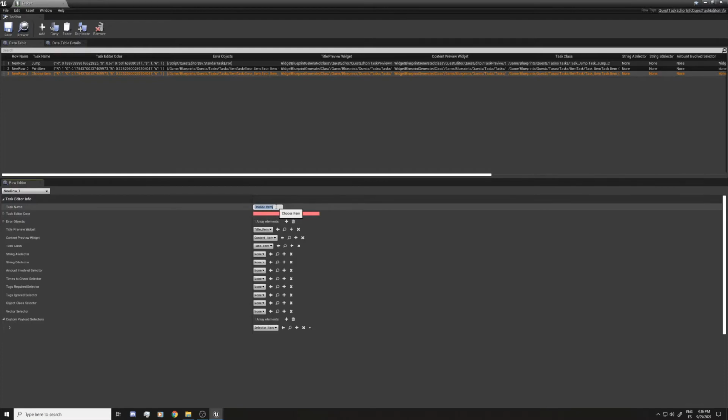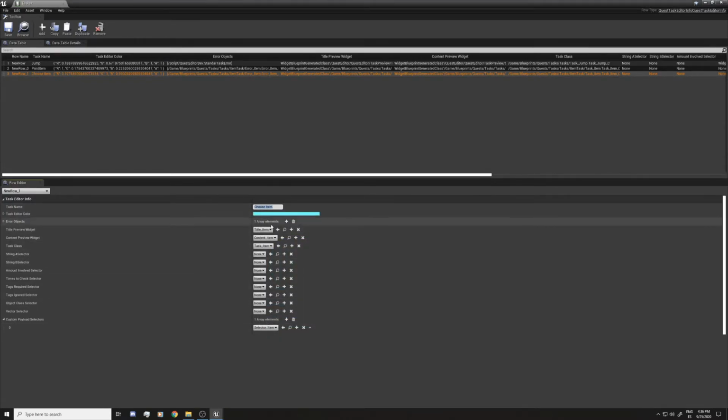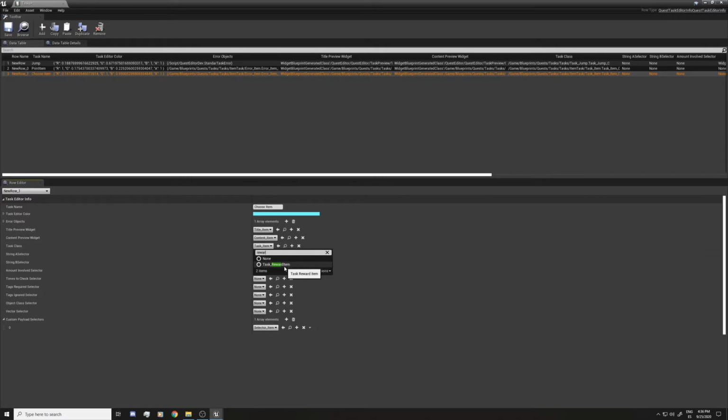So for the task name, I should change it. You can change the color if you want to show something different, but I use the same title, the same content, and of course the task, we're gonna have to use the reward one. So task reward item,